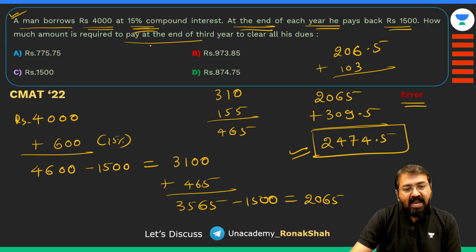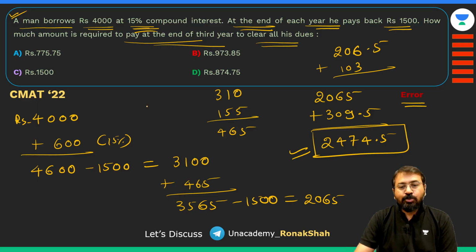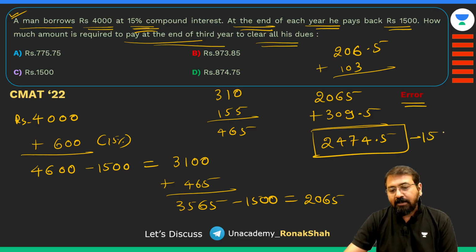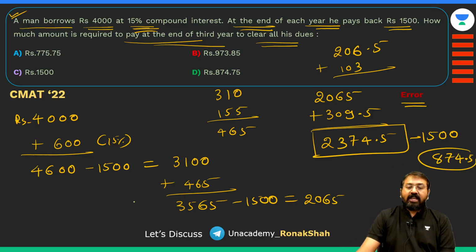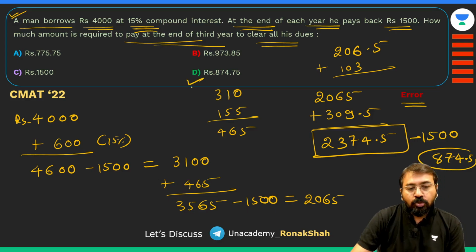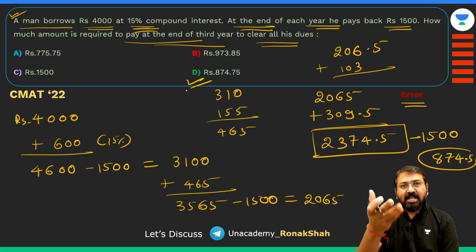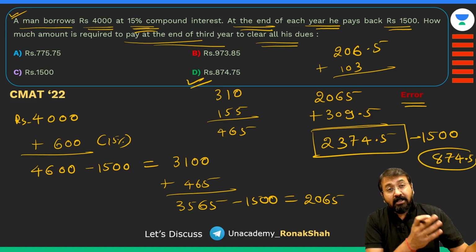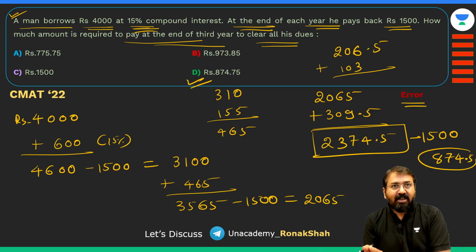तो आइडियली आपको क्या पूछा है, how much amount should he pay at the end of the third year to clear his dues। तो मैं क्या कहूंगा, 2374 कहेंगे, लेकिन यहाँ पे कोई ऑप्शन ही नहीं है, तो इसमें से अगर मैं 1500 सब्ट्रैक्ट कर दूं तो मुझे मिलेगा 874.5, सॉरी गाइज, ये 2374.5 आएगा, है ना। तो ये 874.5 आएगा, तो ये ऑप्शन में दिया था। तो आपको समझ में आना चाहिए कि भाई इन्होंने थर्ड इंस्टॉलमेंट हटाया और फिर पूछ रहे हैं, है ना।